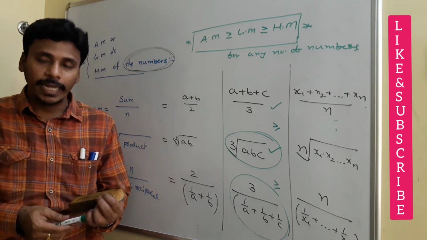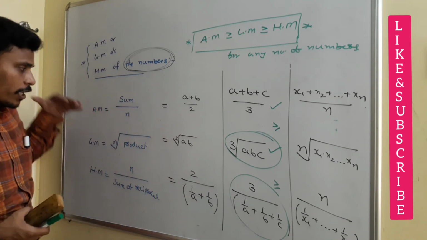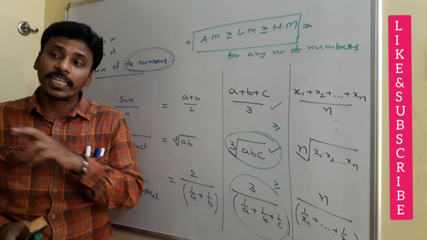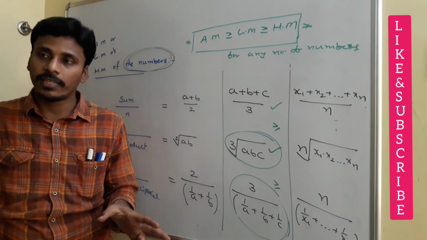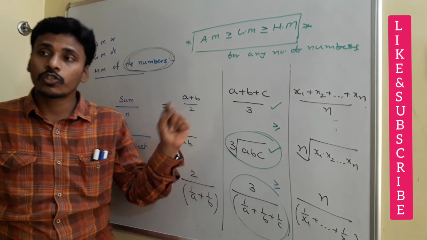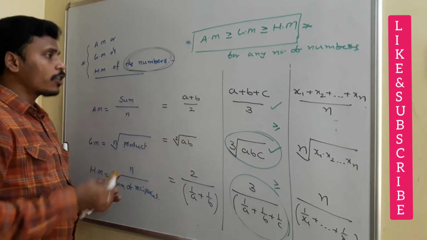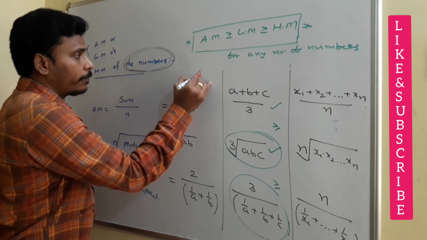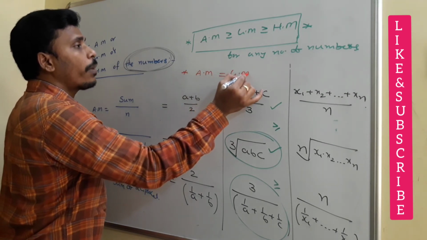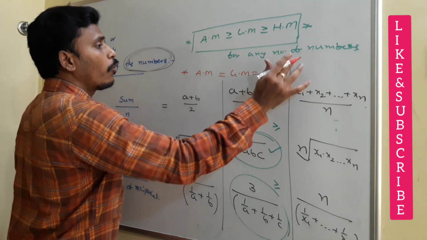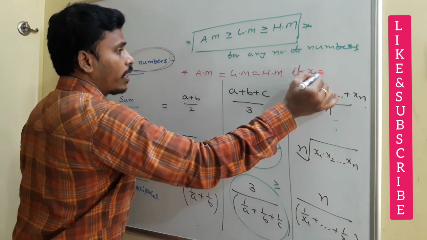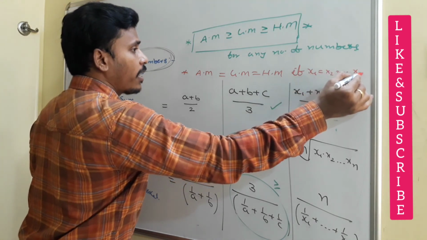So you need to keep in mind the basic definition of the arithmetic mean of the numbers, geometric mean of the numbers, and then the general idea which helps in many cases, that arithmetic mean is greater than or equals to geometric mean is greater than or equals to harmonic mean. And here also we can conclude the equality. See the equality sign: arithmetic mean is equals to geometric mean is equals to harmonic mean. It happens if the numbers x1, x2 and so on, xn are equal.